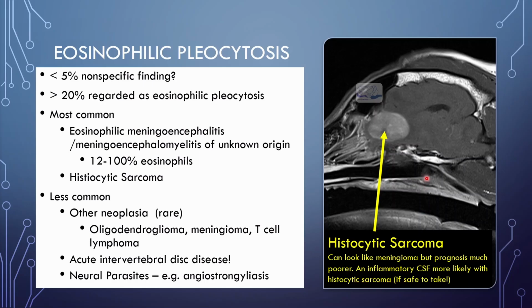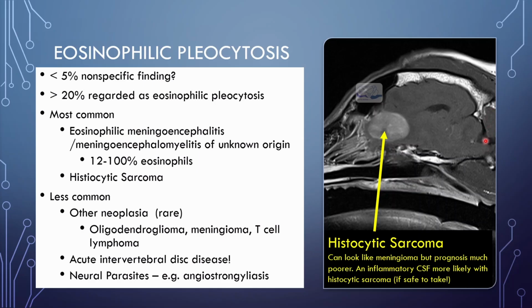The only challenge with that is that taking a CSF sample in this dog would definitely not be safe, because I think you can probably determine that there is caudal shift of this brain, and there is a herniation under the tentorium, and there's also, although you can't really see it here, a foramen magnum herniation. And when you take a